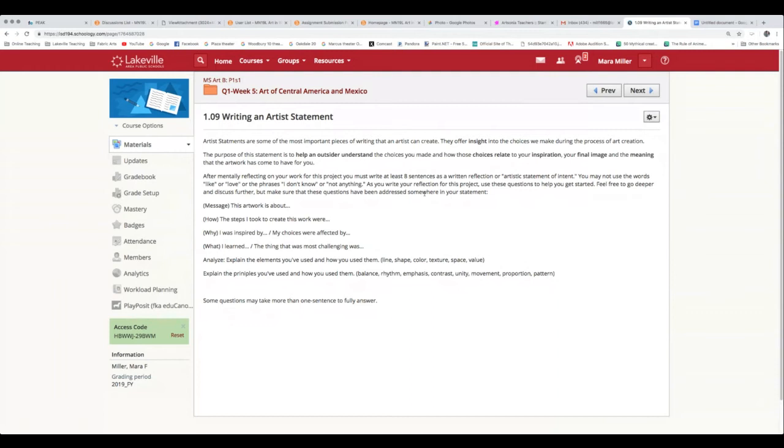Obviously, I haven't been there seeing what you've done as you've done it, talking with you about the choices you're making. So the purpose of this statement is to give me and anyone else who views your image some insight into why you've decided to make the connections you've done, why you've decided to create this in such a way. So these sentences will help you be able to do that effectively.